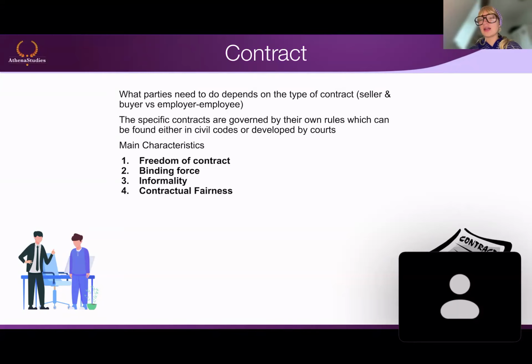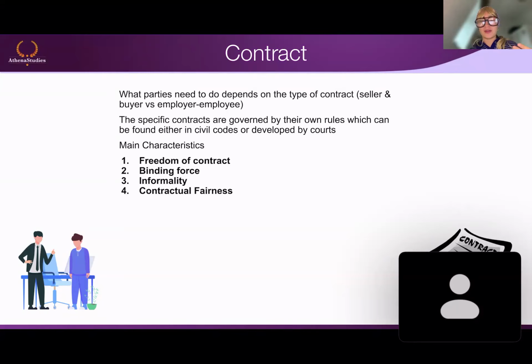Also, another thing that you may want to remember, maybe not that important, but still: there are synallagmatic and unilateral contracts. Unilateral means that there is only one party that is obligated to fulfill the obligations, and the other party simply enjoys the benefit of them. And for the synallagmatic, both are bound to each other. So both have to fulfill the obligations, maybe not on the same level, but still both have to do something. So this is a brief introduction, and then we move on to a more important part, which is the main characteristics, which is mostly still theory.